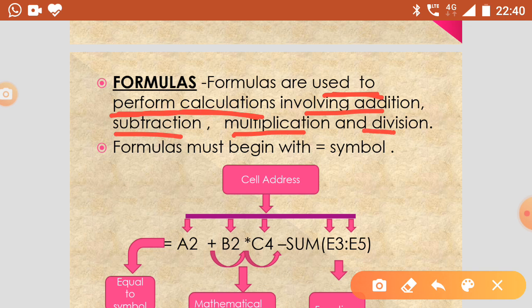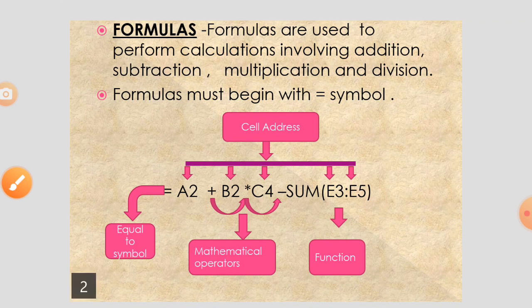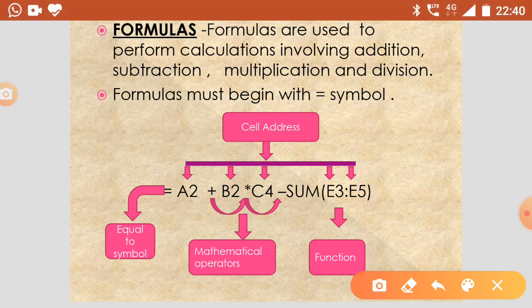And in Excel, every formula starts with an equal sign. It is a very necessary sign to create a formula in Excel. Look at this, I created a formula. Let's try to understand this formula. Which things do we need to create a formula? First thing, we need an equal to sign. Firstly, I made an equal to sign.